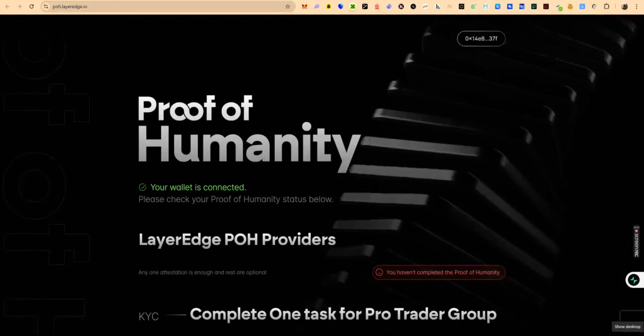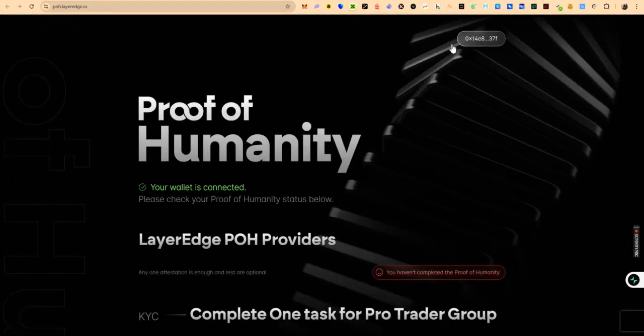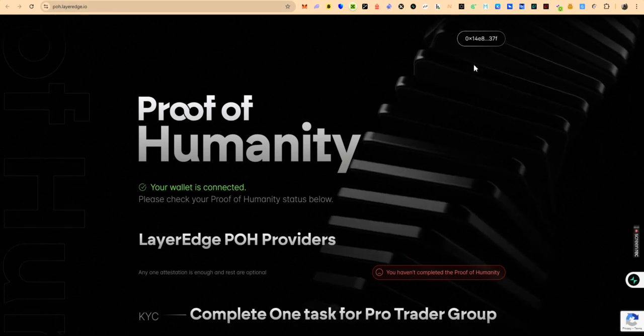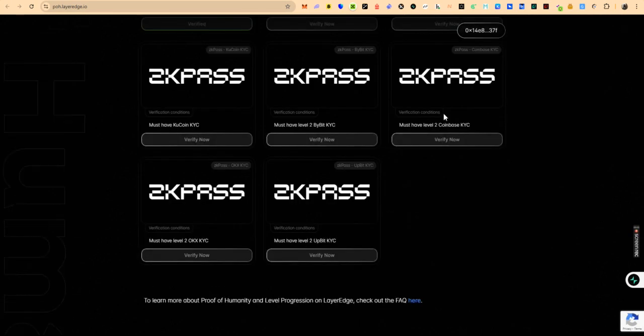First off, you connect your wallet. Connect the wallet that you used in farming Layeredge. That's going to be the first thing. Then when you scroll down, you now see you have